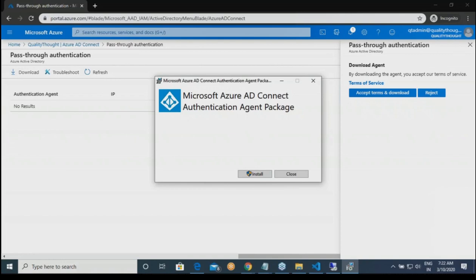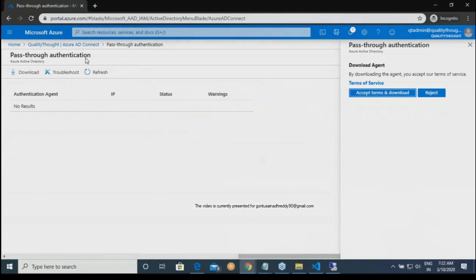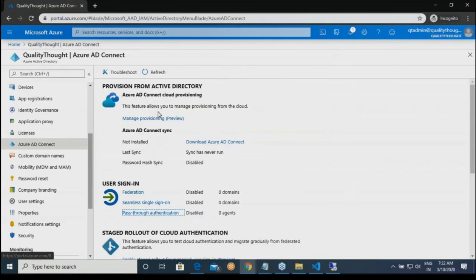Okay, this is very rarely used, right? So I'm not even installing this. Yes, I want to cancel this. Clear on these 4 methods now? What are the 4 methods? This is not actually a login method for Azure. This is login for the applications that are running on Azure. Right? Okay. So fine.